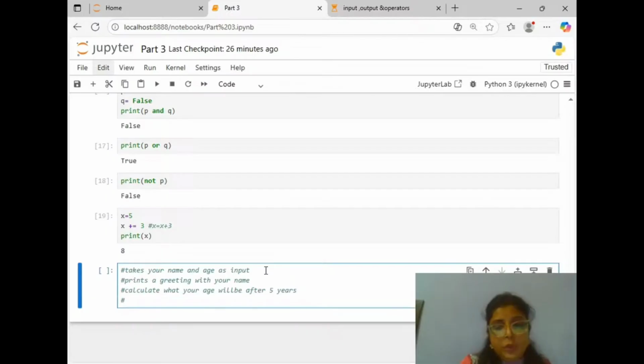And then you have to print whether your age is greater than 18.